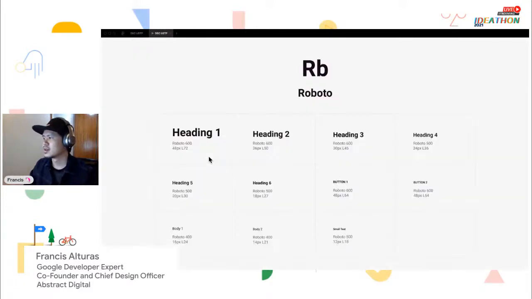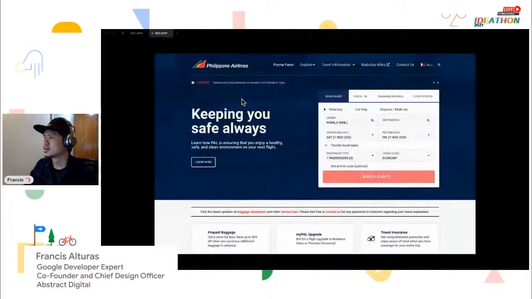Essentially, almost every project, actually all projects, I start with something like this. I establish a type scale, like my headings, my buttons, my body text. This isn't a final one, but it's a good place to start, and it cuts a lot of decision making for me. So applying that here in our current layout,